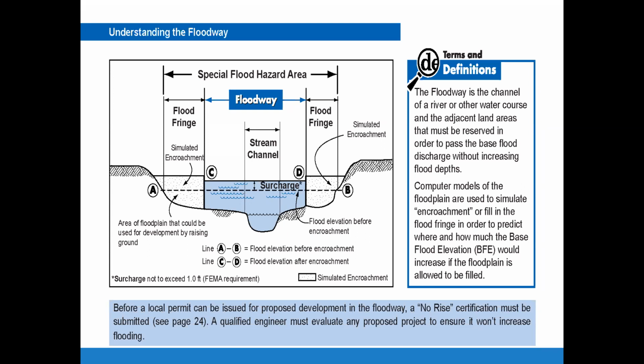Now, this is a nice little diagram of a stream that's got equal amounts of fill on both sides. We do have some streams where you'll have a high side and a low side. And so the fill will be primarily all on one side and not so much on the other. But this is a good way to depict it. Just remember, you start pushing the water in from either side by putting development in the floodplain. When you get to the point where the water level rises 1 foot, they mark that, call that the floodway. That's basically how that's determined.